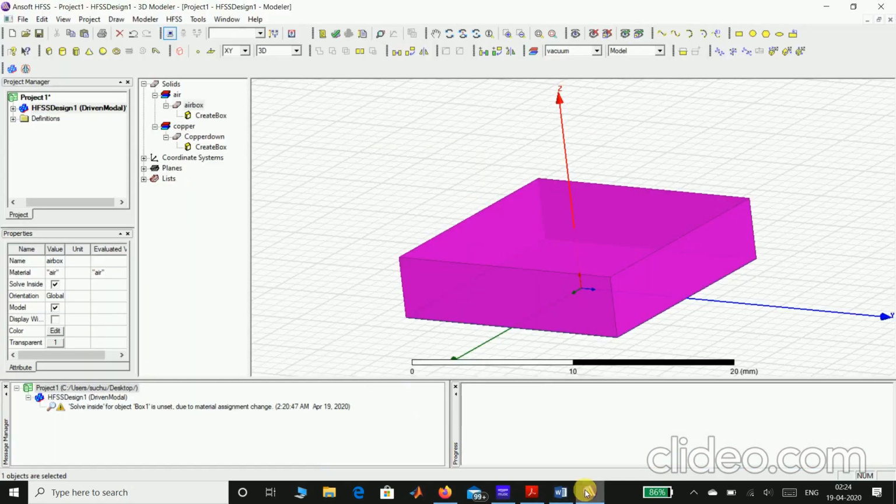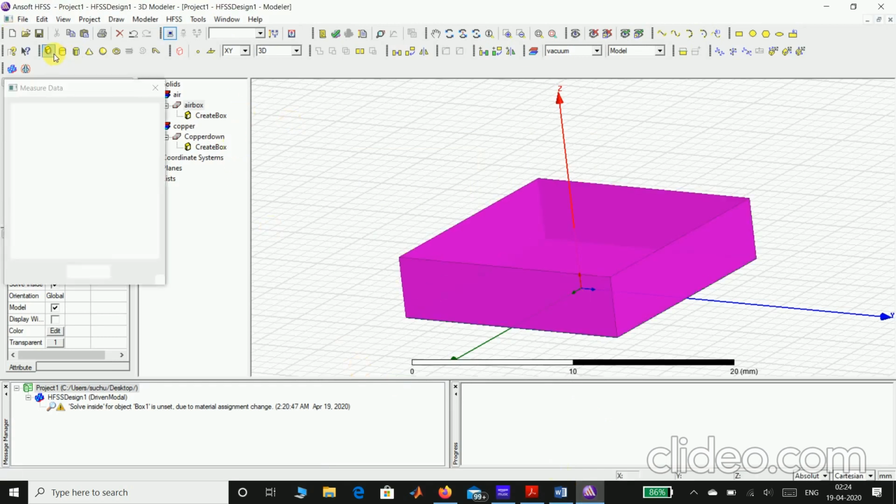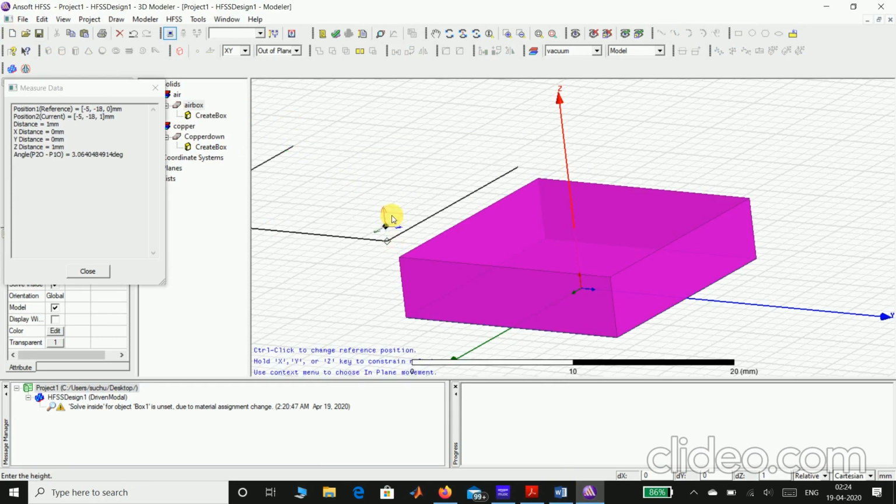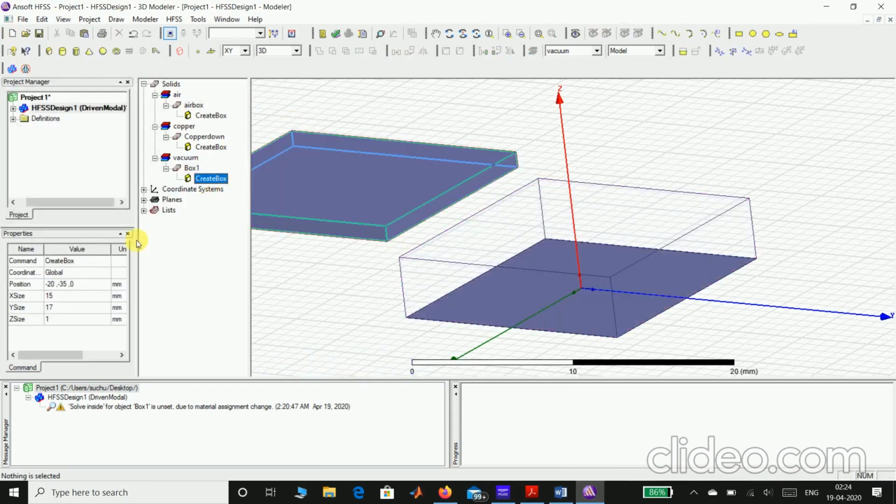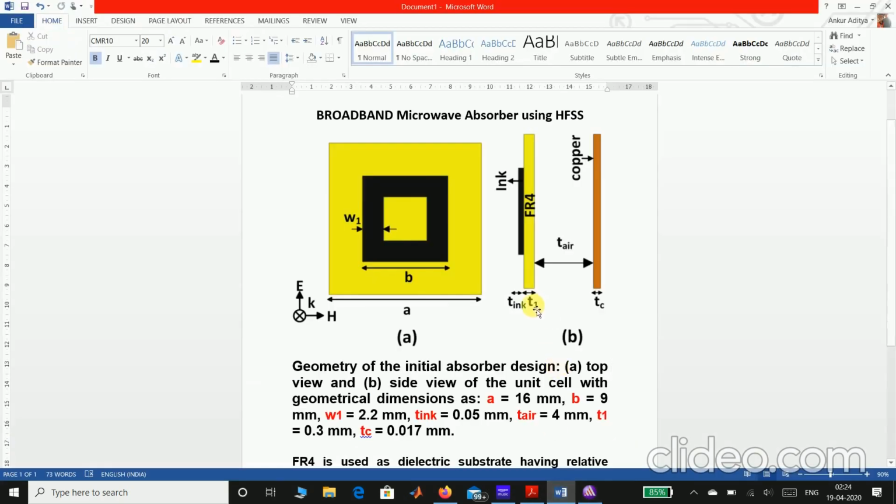Okay, so let me just draw that. Draw any random box. We'll assign it the position, the x size and y size. X size will again be a mm. Z size this time is for the FR4 substrate, of thickness T1 given as 0.3 mm.